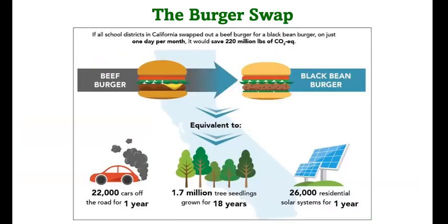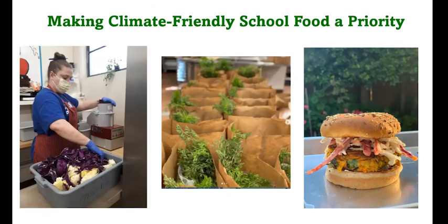Here are some recent photos of climate-friendly food in California public schools, showing that even when facing a national pandemic and food supply shortages, districts are really making climate-friendly food a reality. On the far left is the photo of a food service staff member from Ojai Unified preparing cabbage. That district actually successfully eliminated all red meat from its menus, and it continued to do so during the pandemic. The middle photo highlights